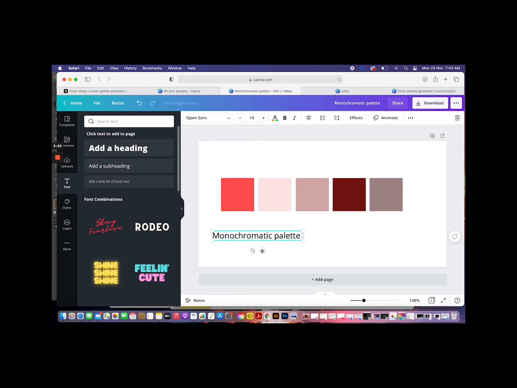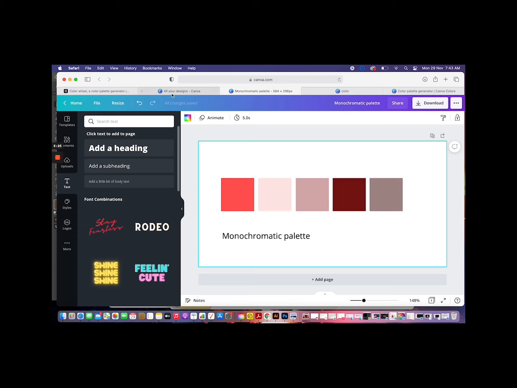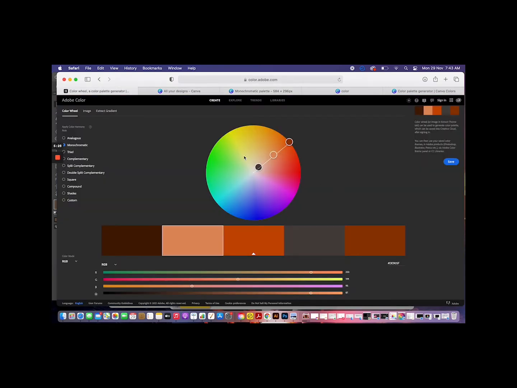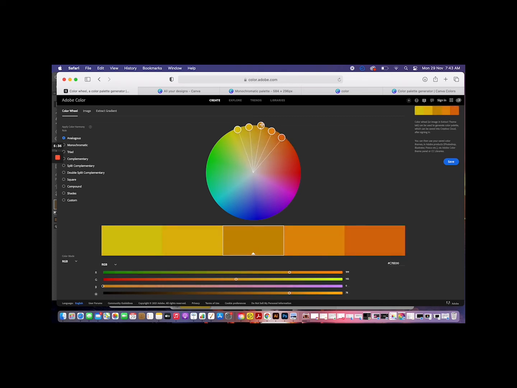And that's how we have created this over here. Now let us see the other kind of combinations. We have something called an analogous combination. Analogous combination basically means if you have a central color that you have chosen as your main hue, then all of the colors on the left or the right side of it, which is either taking us to the warmer colors towards the red or towards the greens in this color wheel, are going to be my analogous colors.